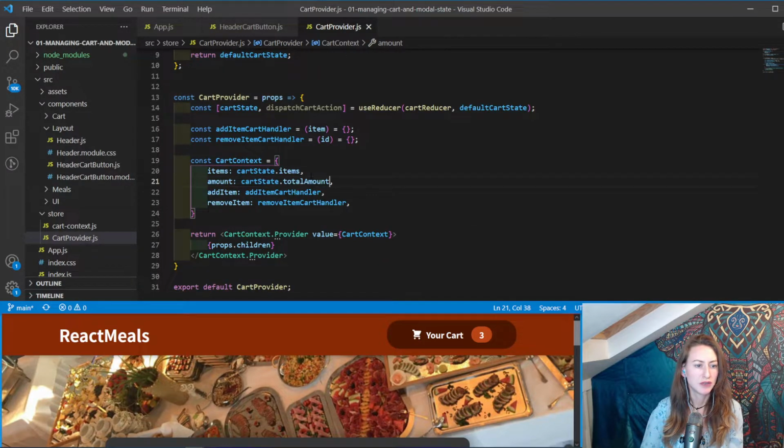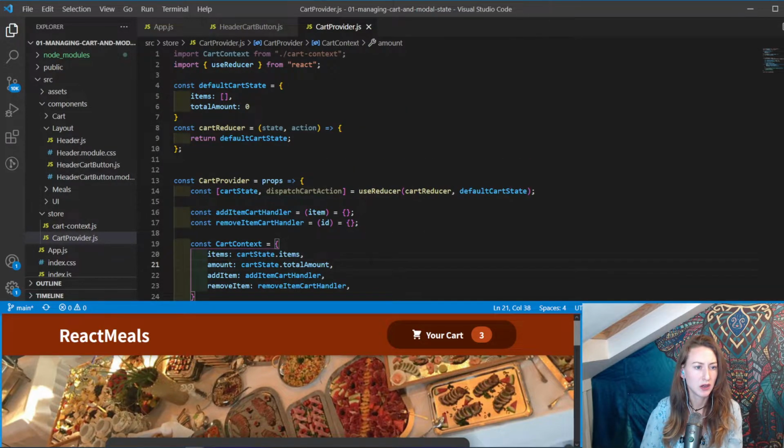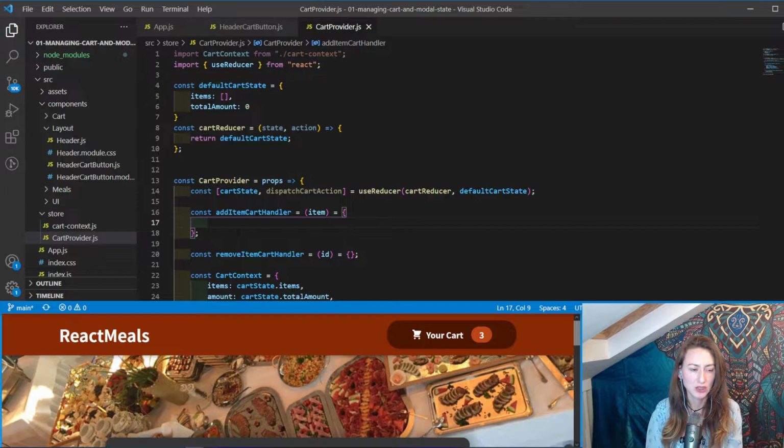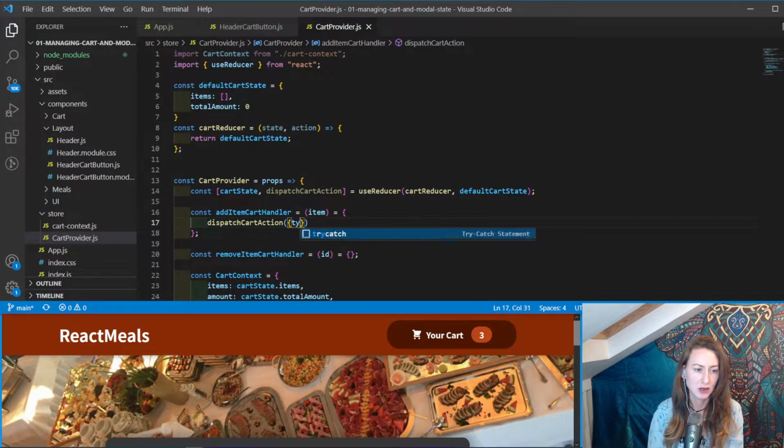So now we can actually fill out these methods that we have. Within our cart provider here, we have our add item cart handler and our remove item cart handler, so we can start fleshing this out now. What we want to do is use our dispatch method in order to run the action on the state. So we'll dispatch cart action, and then you can give it the action type that you want to actually dispatch. So we'll say type, and we can call this add item,